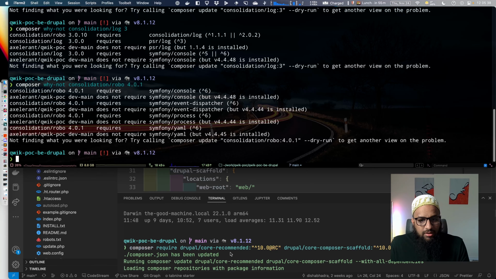So what do we do now? Again, I said I do have the backup of removing Drush, and I'm sure that will take me to the next step. But yeah, let's see what else I can do over here. If I force update to robo 4.0.1 as part of the Composer require command, so let's try that. But before that, let's see what versions of